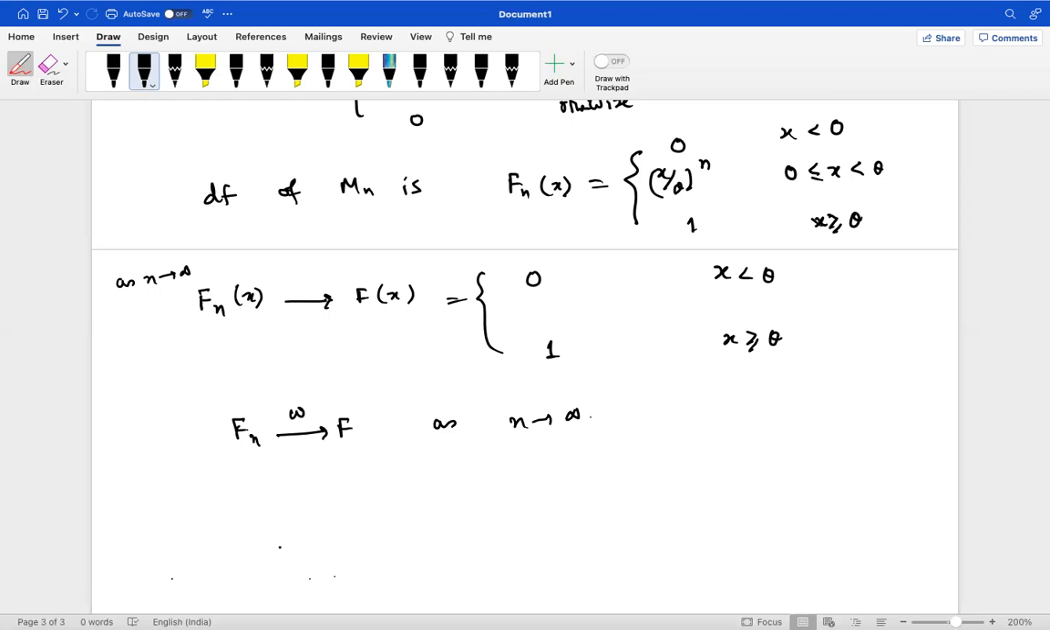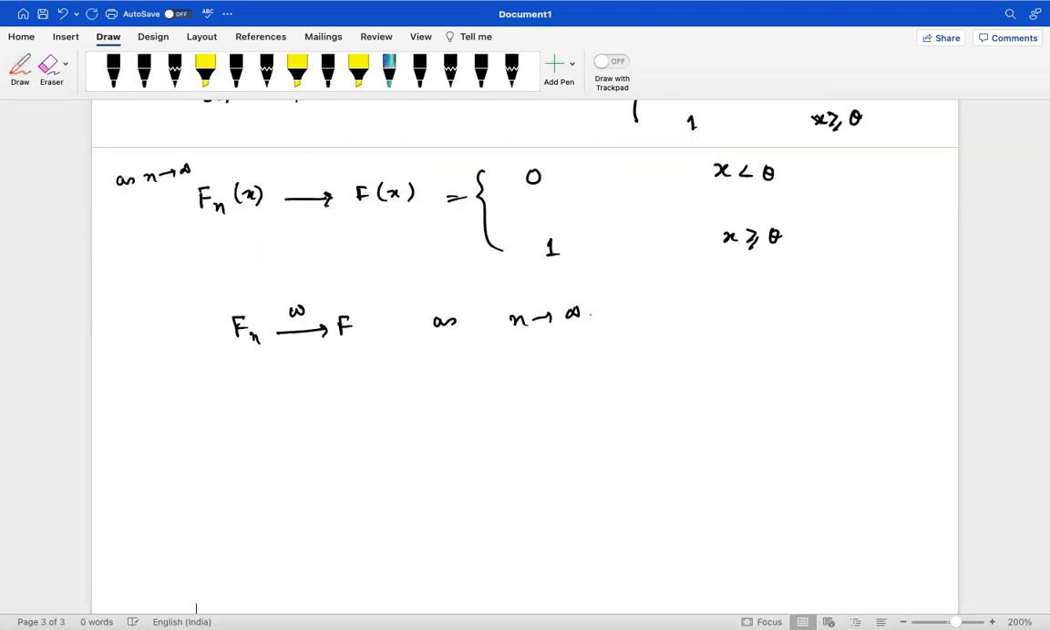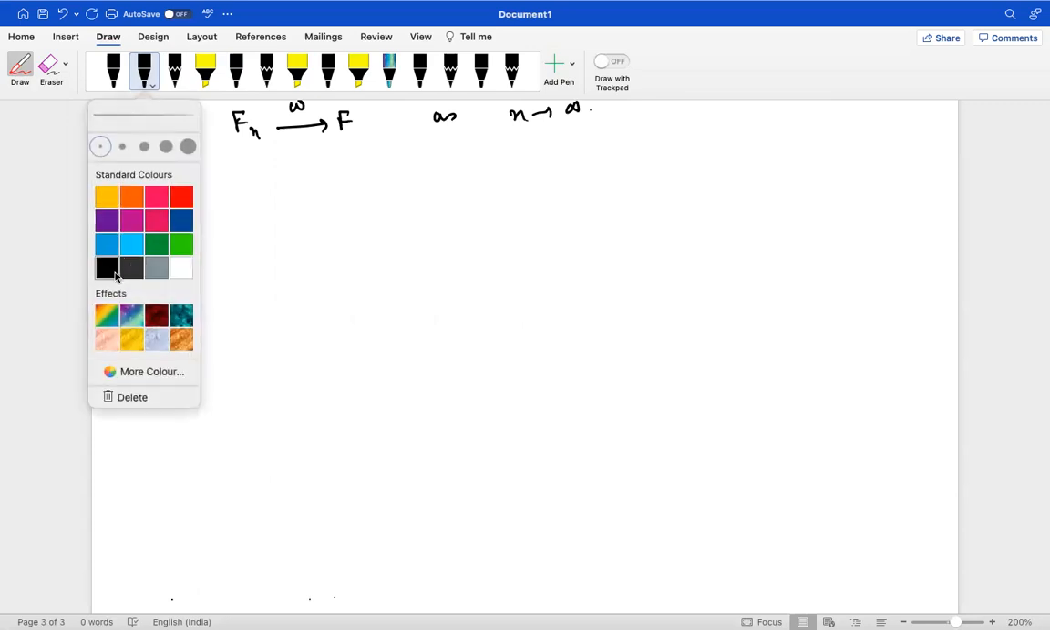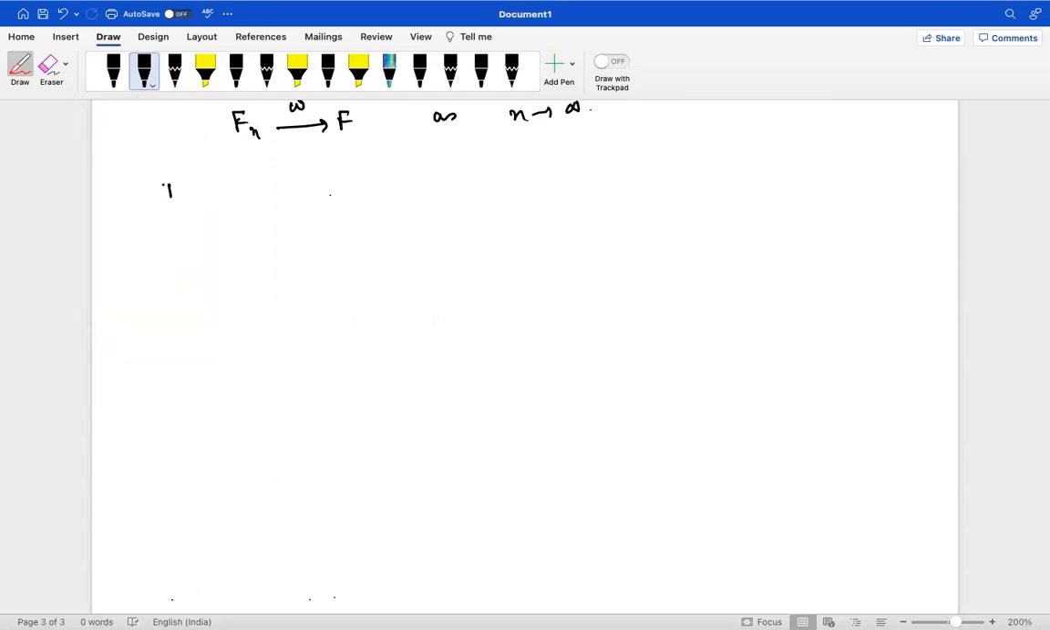Next, there is the important theorem. So these are very trivial or easy examples in this distribution stuff. Now we have an important example. So, a theorem. The theorem is: let